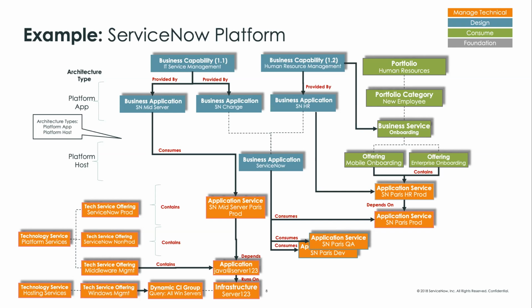At the application service layer, it is likely that you would have two technical service offerings, one to identify the team that takes care of the production instances, and then the other that is taking care of the non-production instances. It might be the same team, but they're going to have different criticalities. Obviously, you're going to have much faster response time on the production instances than you're going to have on the non-prod instances. So having two technical service offerings in this space becomes valuable, because if you start to look at